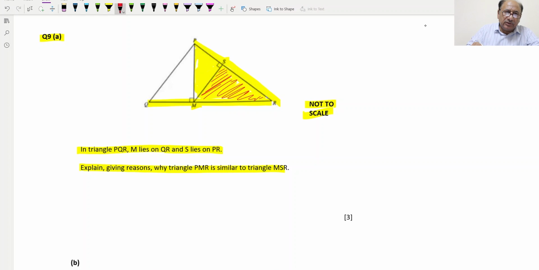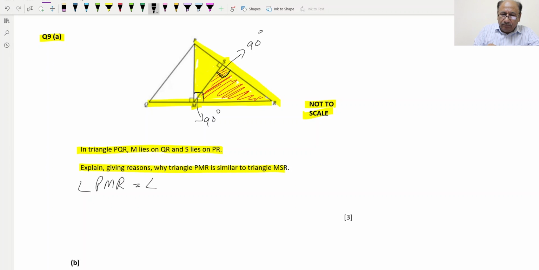So these two triangles we will be considering, and we can see this angle is 90 degrees, and this angle is also 90 degrees. So we can write this statement: angle PMR is equal to angle